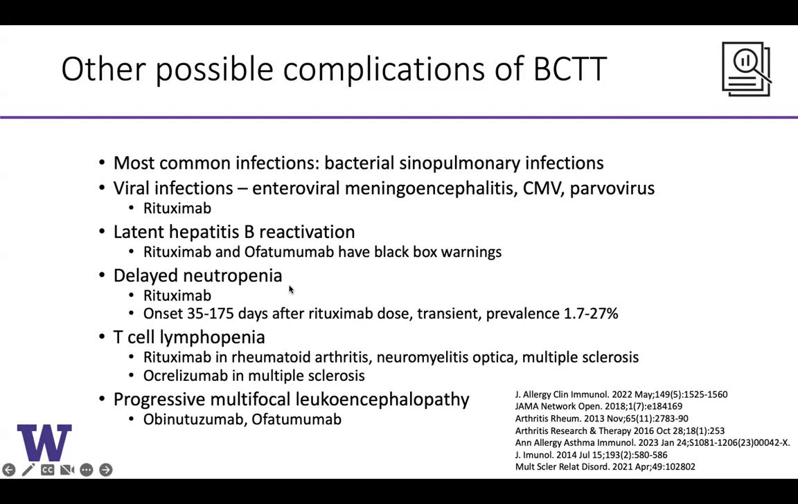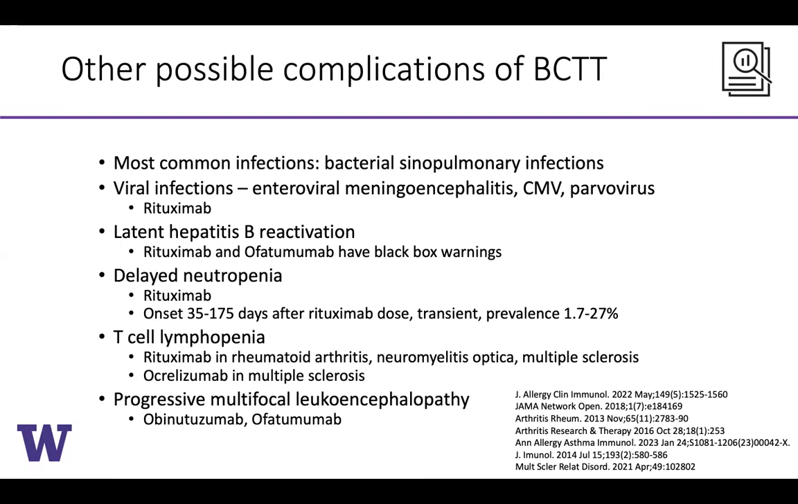The delayed neutropenia is something that I think has been noticed fairly recently, and that's only been studied in rituximab, but it seems the onset is about 35 to 175 days after dose, and it's transient, and the prevalence of that is variable. I have not seen any information as to this affecting the risk of infection specifically, or we can speculate. Much smaller studies, but reports have been